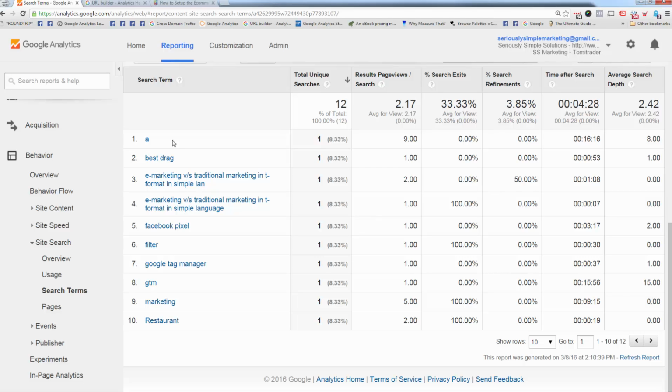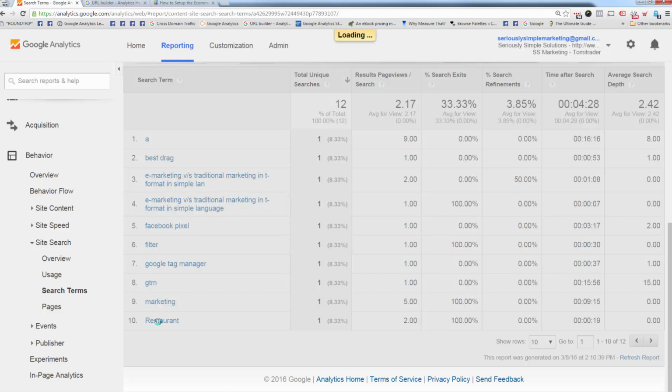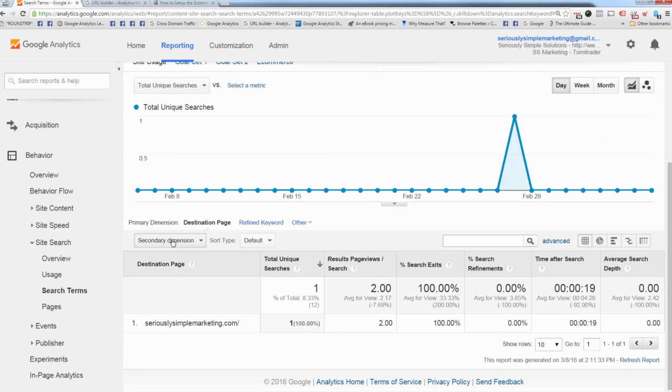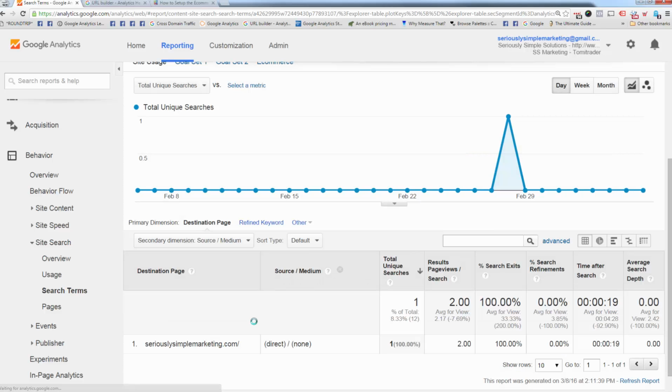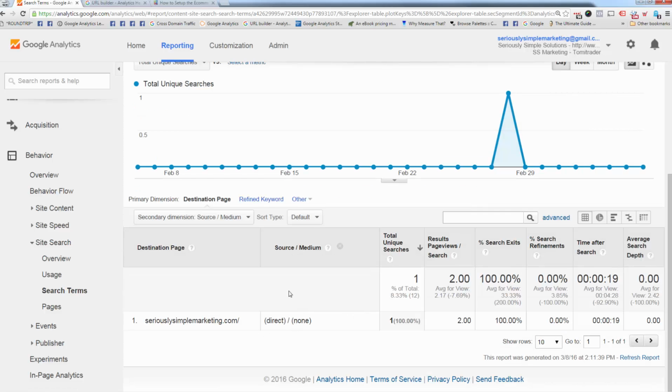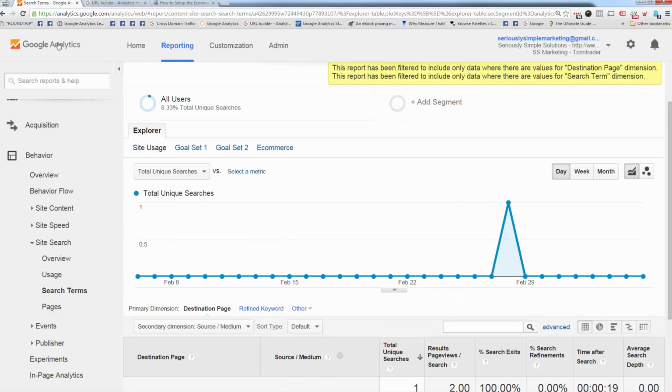And then you see obviously there's some weird stuff because everybody can type stuff in, but like, why is restaurant there, right? But you can do things, again, combining them, like, okay, let's find out where the restaurant guy came from. Could have been a gal. Let's take a look. So direct none, so untagged traffic. Somebody could have been just typing something in. But it's interesting because you can see when we first did this, we had a lot of